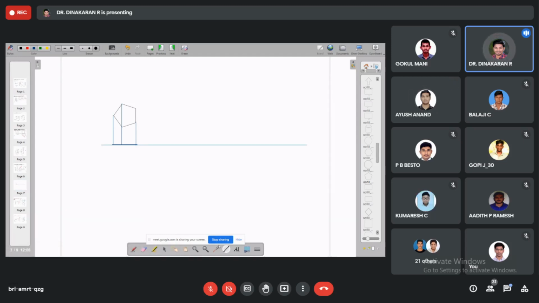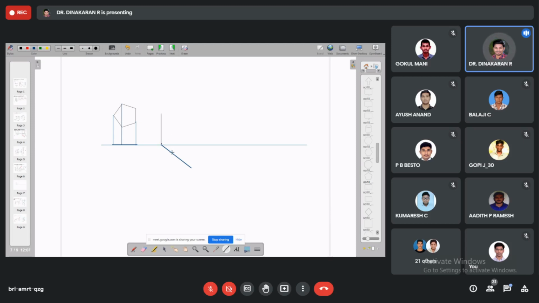Then what is the third condition they give? Is the surface inclined to HP or inclined to VP? 30 degrees to VP. Yes, the surface is inclined to VP. So we need to tilt this surface at 30 degrees with respect to the inclination. After that, we project, and we get the final position. That is the fourth position we got.